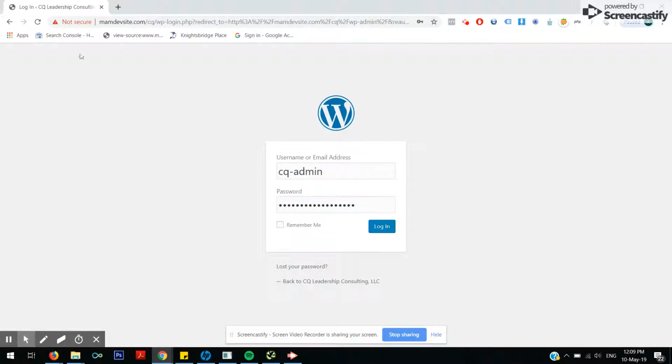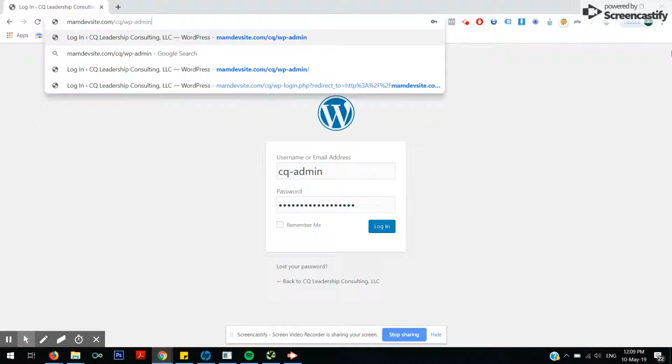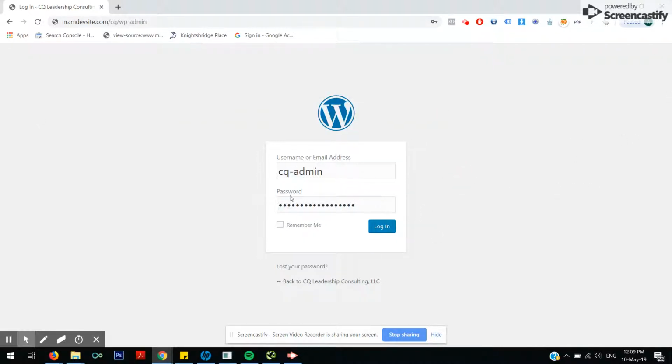First of all, you need to add wp-admin to the URL after the domain name. Once you click on it, it will come up with this screen where you will enter the username and the password that we will provide to you. So once you log in,